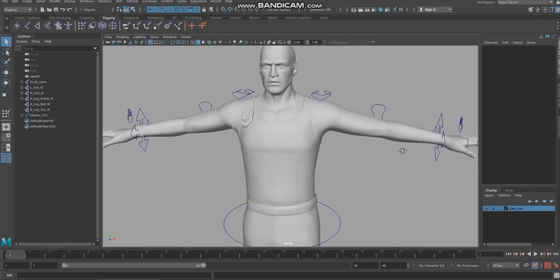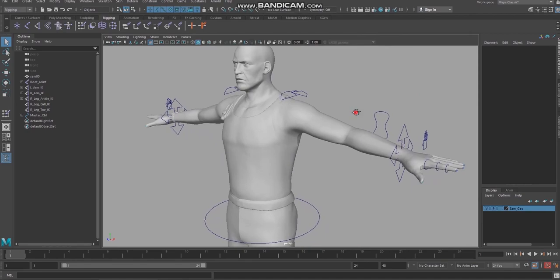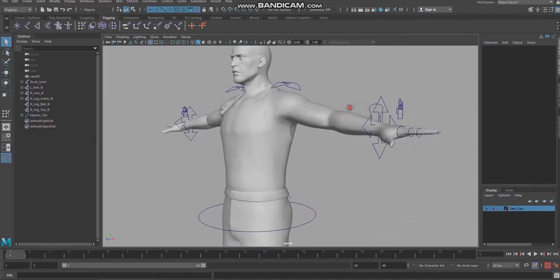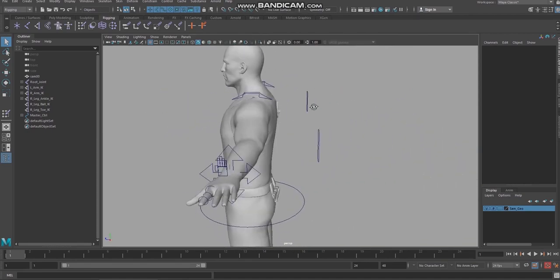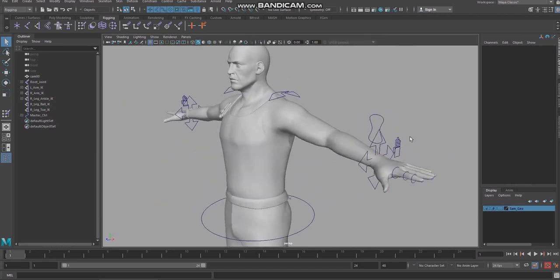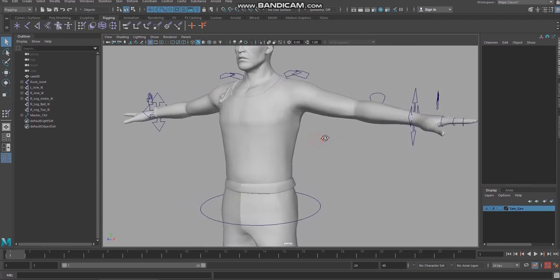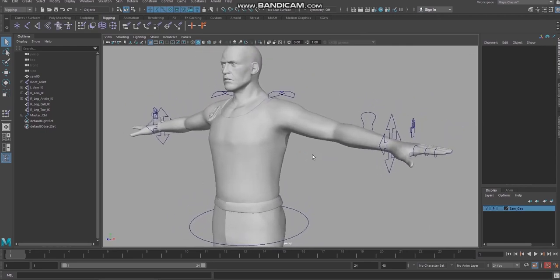Okay, so this Spline IK we are going to use today to see how to apply it over the backbone structure of a human rig. Okay, so I hope all of you have done up to this, and